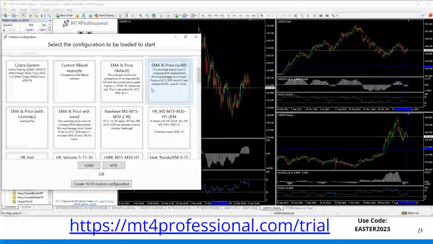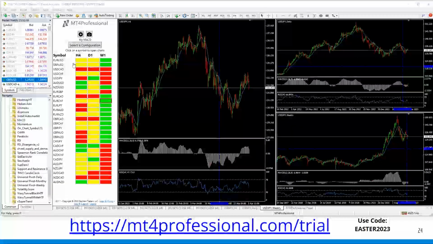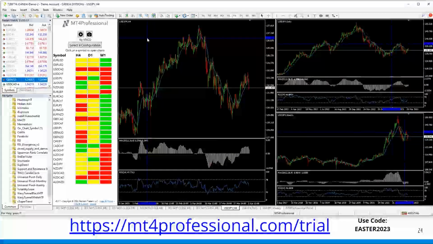Oh, you want to see gold? Okay. You want the gold longer term or shorter term? Already got this set up here. So long term. Okay, I've got the long term set up here. I don't have gold on my setup here. So what I'll do is I'll just go ahead and